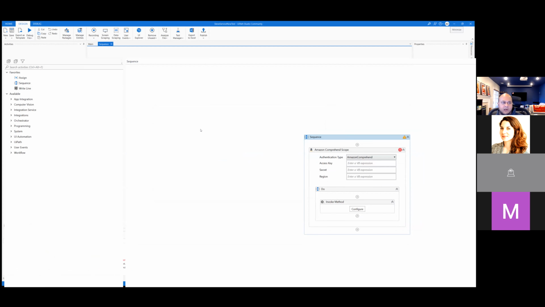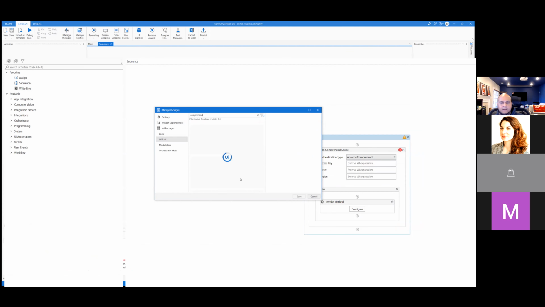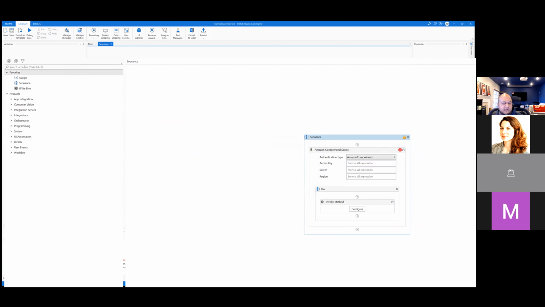I've got it zoomed out quite a bit, but if I look up Comprehend as well, I do have those installed. I can drag and drop if I search for my activities, and I apologize about the zoom. I changed it right before the session. But if I look up Connect,